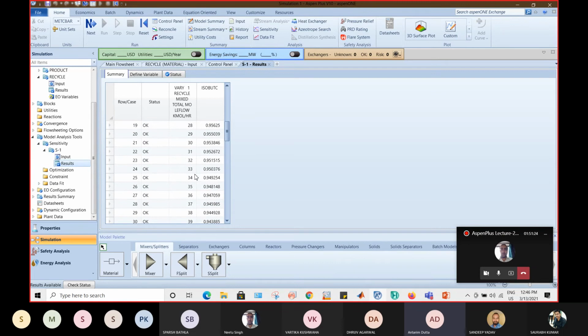बट क्या हमें अभी तक आंसर मिला है? हमारा आंसर ये था कि भाई 95% फिक्स करना है, तो हम क्या करें? क्या हमें अभी भी एग्जैक्ट 95% मिला है? नहीं मिला है। इट इज समहाउ क्लोज टू इट, बट एग्जैक्टली अभी तक हमें 95% नहीं मिला है। ये भी क्लोज है, ये भी क्लोज है, बट इट शुड बी बिटवीन 33 एंड 34, बट स्टिल वी आर समवेयर, वी डोंट हैव एग्जैक्ट फिगर्स विद अस कि भाई हमें एग्जैक्टली पता नहीं कि व्हाट शुड बी द फ्लो रेट of our recycle stream so that we can get 95% mole percent as your product stream composition for isobutane.